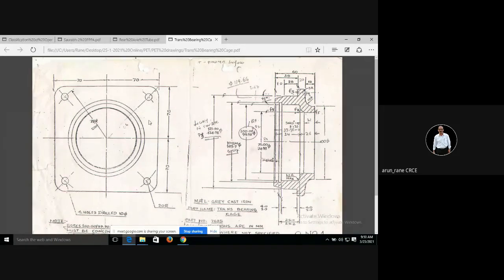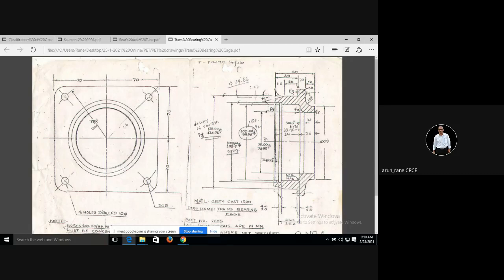And since this dimension is 140 by 140, after setup 2 turning we are going to do milling for these four sides. That is, we are going to maintain 140 by 140 in milling. And when we are going to do drilling, that time we are taking reference of one side, either this or this. We are taking reference of this bore, and we are resting on this surface. We are using this surface.